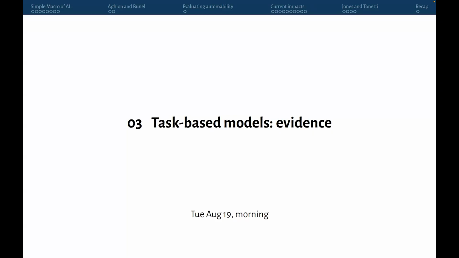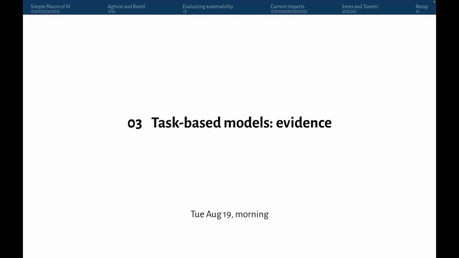I'll say that Phil already gave this disclaimer over the weekend, but please feel free to jump in and contribute whatever knowledge you have on this stuff. I'm presenting stuff that I know about, but I think a lot of people in the room also know a lot about. So please feel free, if you have more knowledge or more papers you think are relevant to what we're talking about, please bring that up.